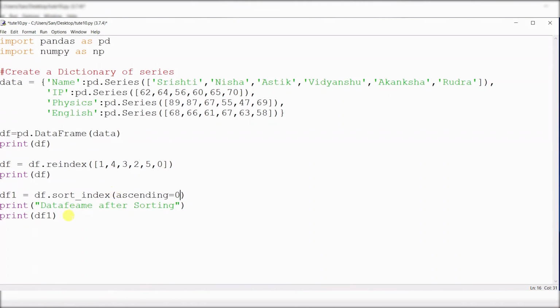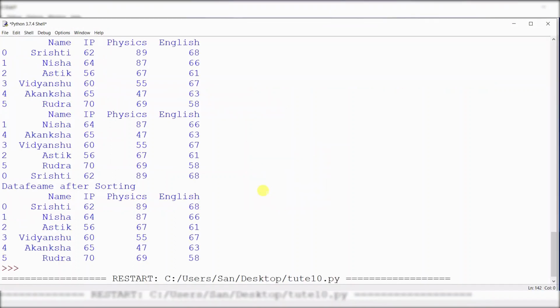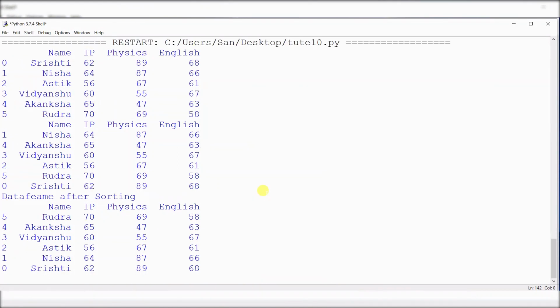Now what is this? Check your program. Now 5 4 3 2 1. First is this, second here we are changing the index, and third is the data frame after sorting in descending order. We are changing a statement in descending order. Okay, you can change.